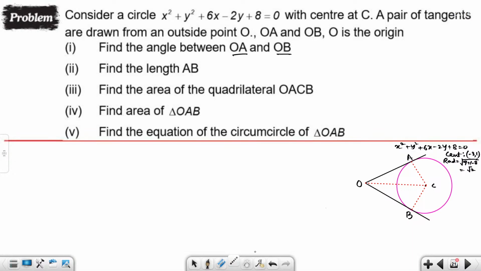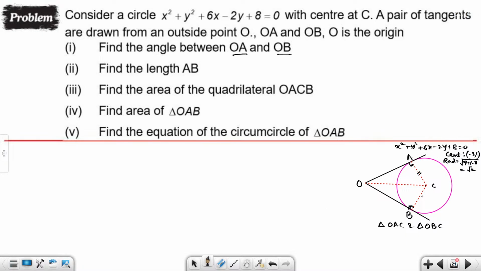So just now we have seen that this angle is 90 degrees. This angle is 90 degrees. So OACB is basically a cyclic quadrilateral. That is, if we draw a circle, it is going to pass through all these 4 points because they are cyclic. Now we have to find this angle. One thing we can see is that from triangle OAC and triangle OBC, in these two triangles, this is 90, this is 90,